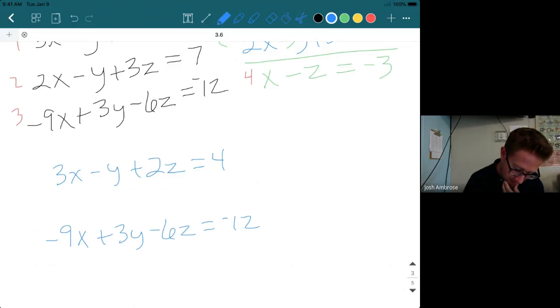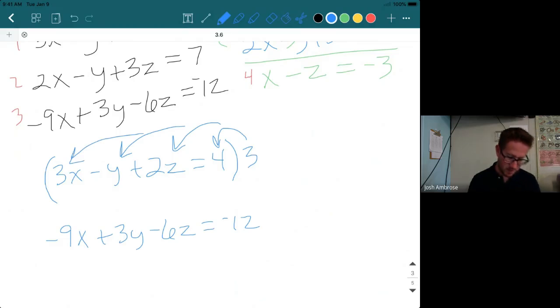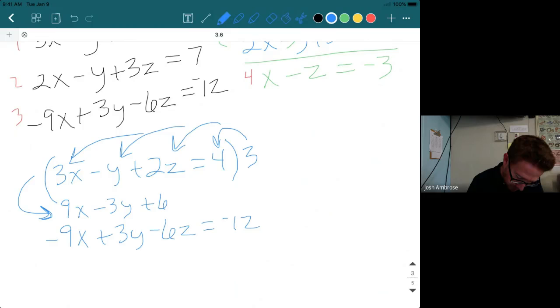Okay, all right. Now we need to take a look at equation number 1 and realize, how can I eliminate y? I have to multiply everything in it by 3. Distribute the 3 here, here, here, and here. All right, when I do that, this is what will fit in here. We'll fit that new equation right down here. Okay, you'll see we now have a 9x minus 3y plus 6z